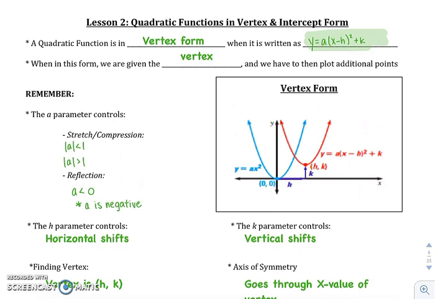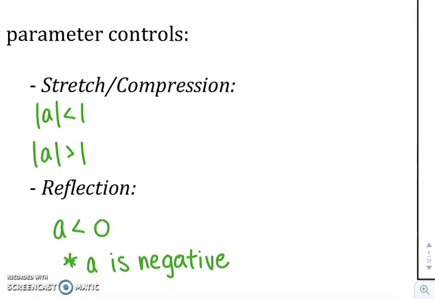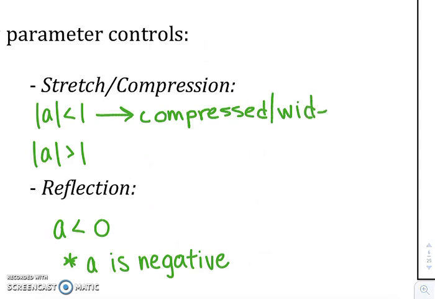So we have to remember that a, if it's positive or negative, tells us if your parabola is going to open up or down. But ignoring the negative, if your equation has an a value with absolute value less than 1, it's going to be compressed. So compressed, wider, flatter, however you remember that, but that would be like 1/2 x squared. So it would be